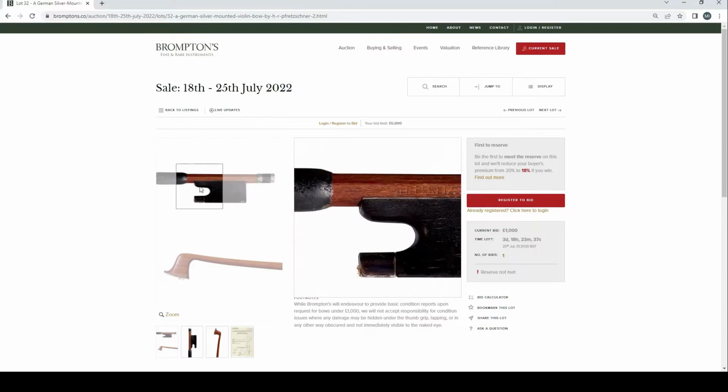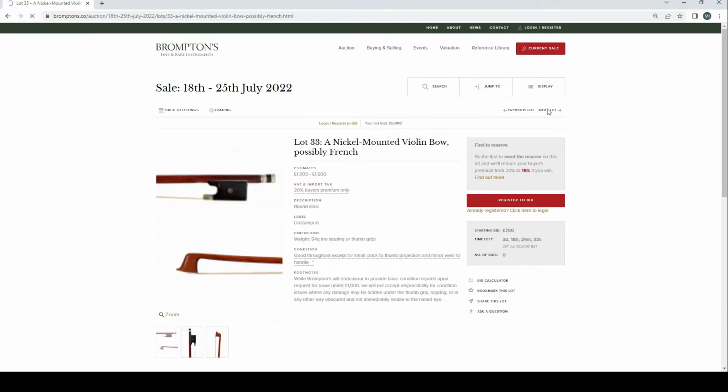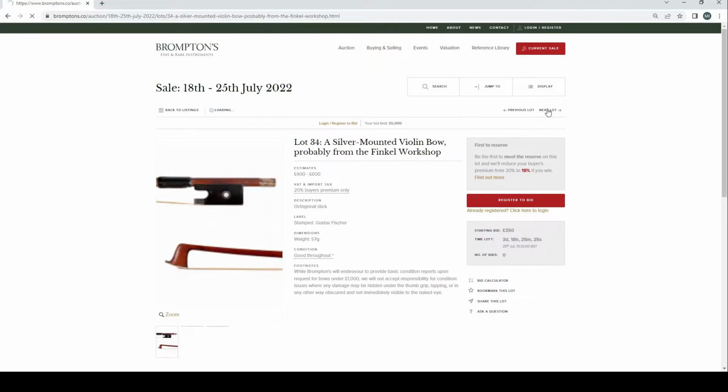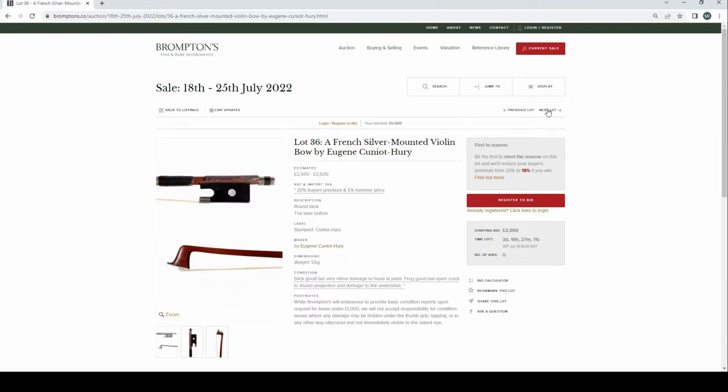Interesting looking frog there. It looks quite low profile. Nickel mounted violin bow, possibly French, 1,000 to 1,500 there. Silver mounted violin bow, probably from the Finkel workshop, 4 to 600. French silver mounted violin bow by Emile Auguste and Emile Francois Houchard, 5 to 8,000 there, Raffin certificate. French silver mounted violin bow by Eugene Cugno-Houry, 2.5 to 3.5